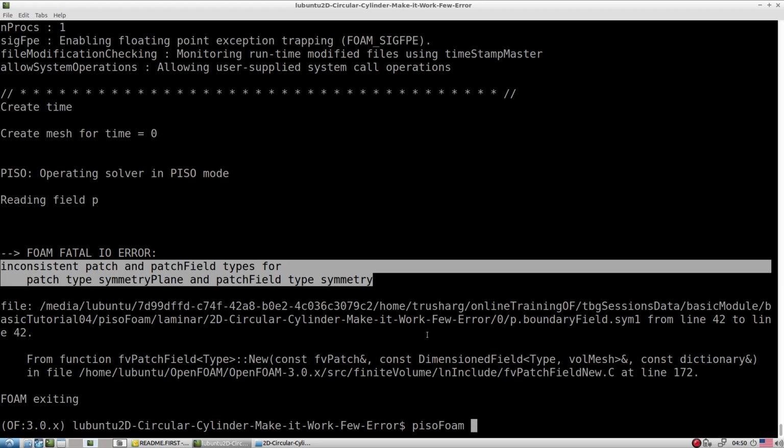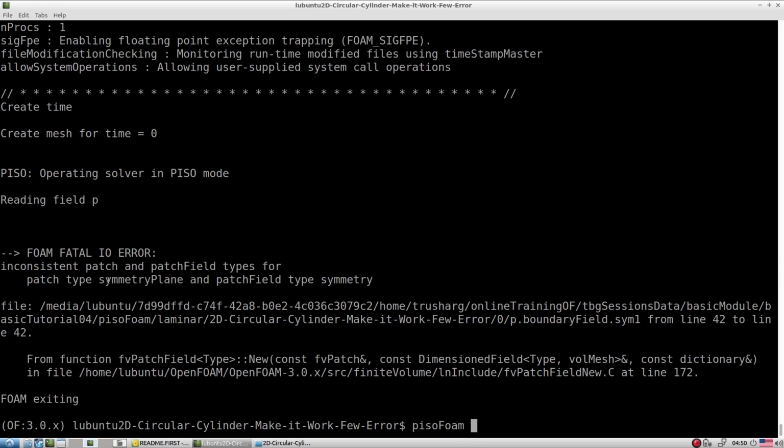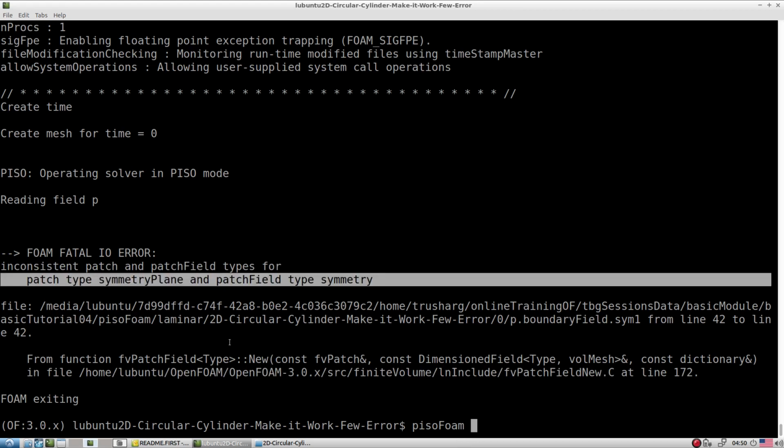That gives you the idea of how you can come out of this typo type of error, where while you are modifying something, some error you yourself created, and how to come out of that type of error. All this you can come to know with this very simple tutorial. So please go through it and make this tutorial work. This is the first part of this pisoFoam tutorial. Here we try to explore the laminar part of pisoFoam. In the next part we are going to explore the turbulent part of pisoFoam.